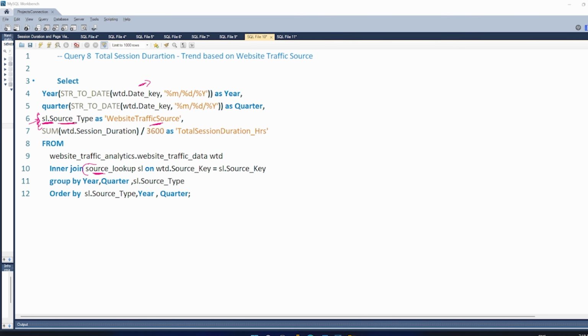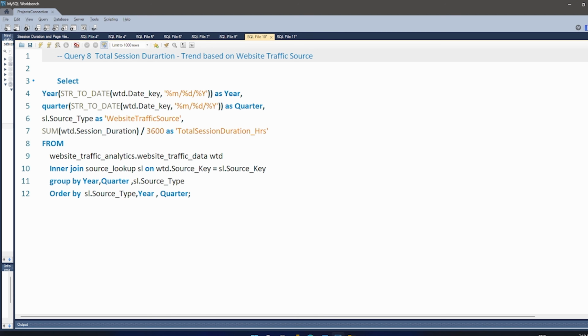The same logic we had used here, because the date key column is of text type, we use the string to date function, and we change it to month, date, and year format, and then extract the year from this date. And similarly, we extracted the quarter from this date. We followed this particular thing. Let me run this query, and when we run this query,